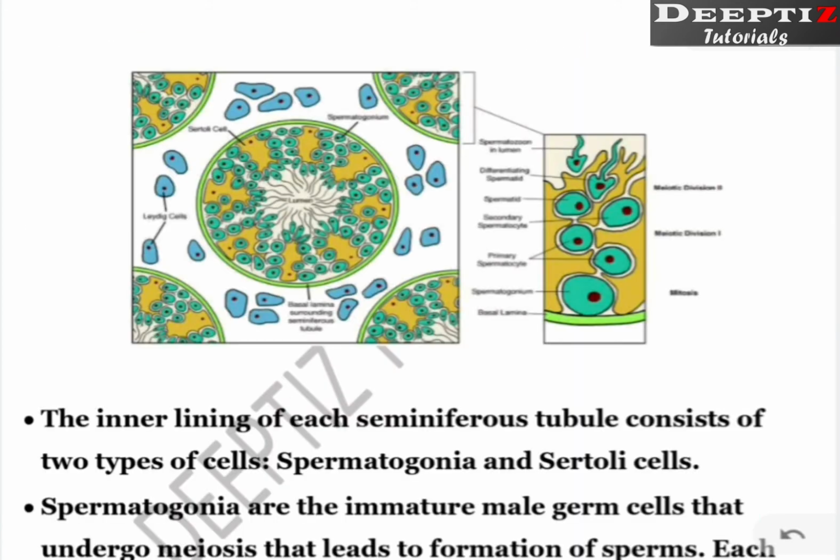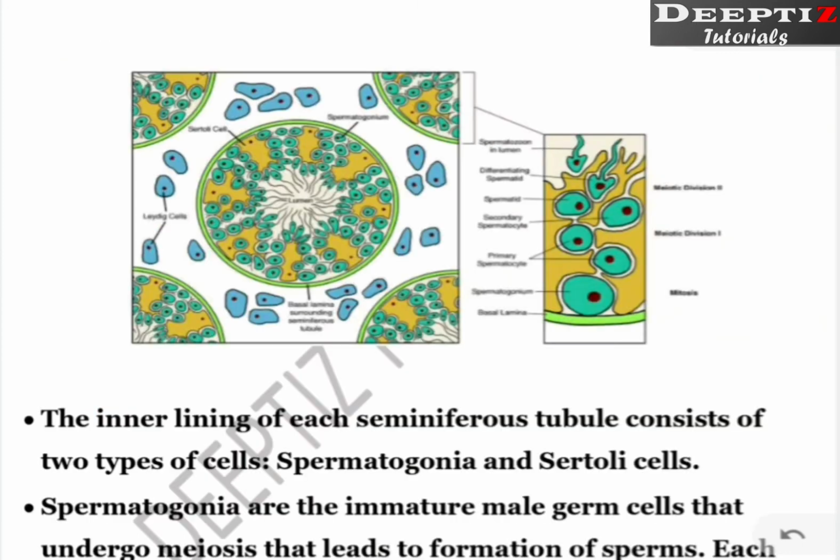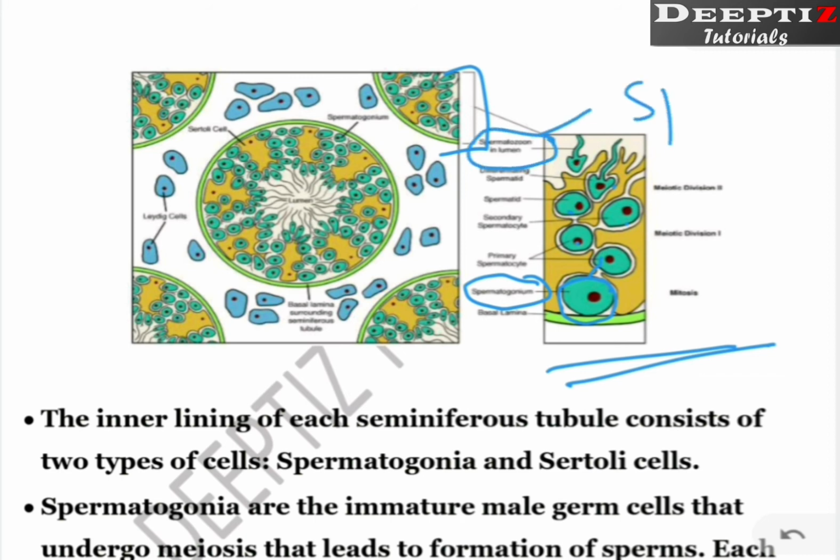Now this diagram we have studied, the same diagram is given here, but one more thing is shown here. If we are going to focus on this much area, on one side, what will be there? There will be the spermatogonia, the large cell. It passes through a number of stages of division or differentiation. Later it becomes spermatozoon, that is the singular, or else we can say that it forms the sperms. So this spermatogonia will be nourished by these surrounding cells. Indirectly you can say that the developed sperms are also nourished by these Sertoli cells. Sertoli cells nourish the spermatogonia as well as the sperms.